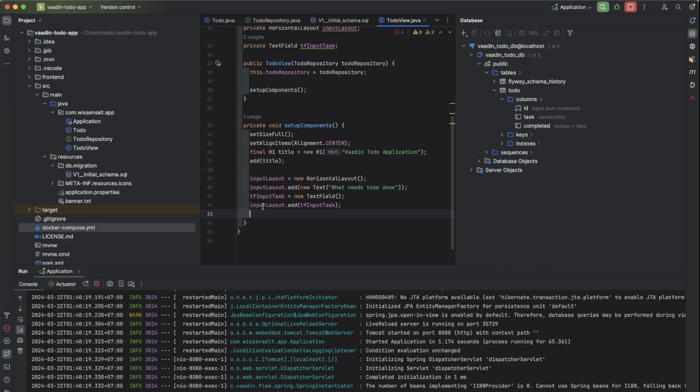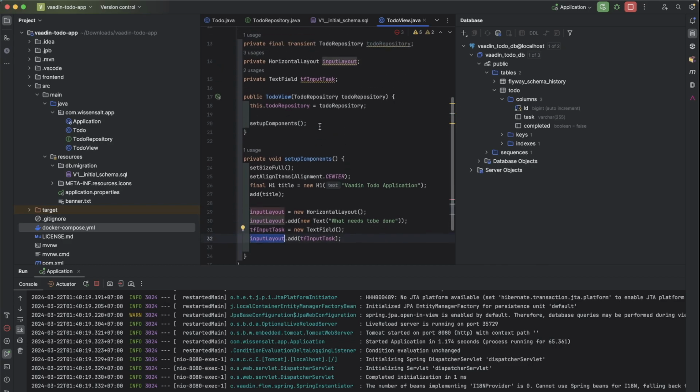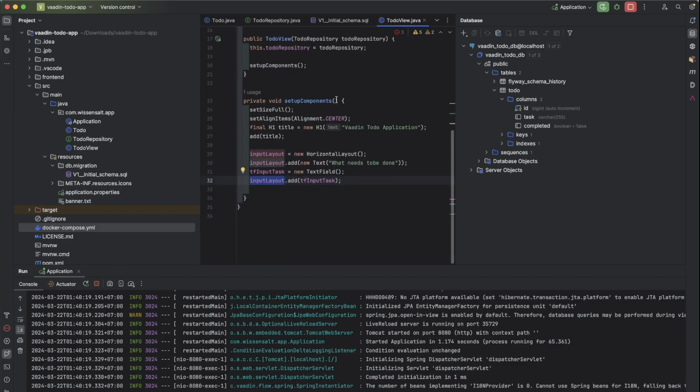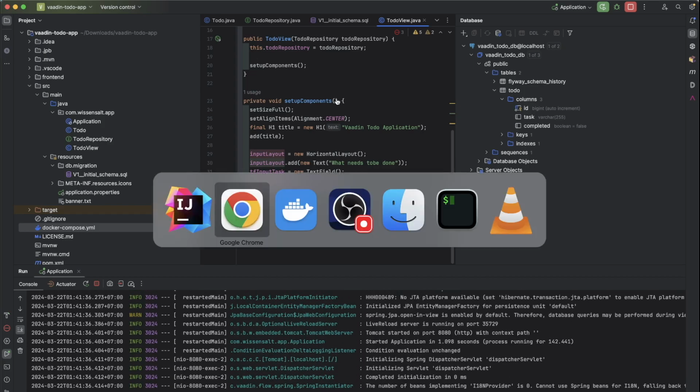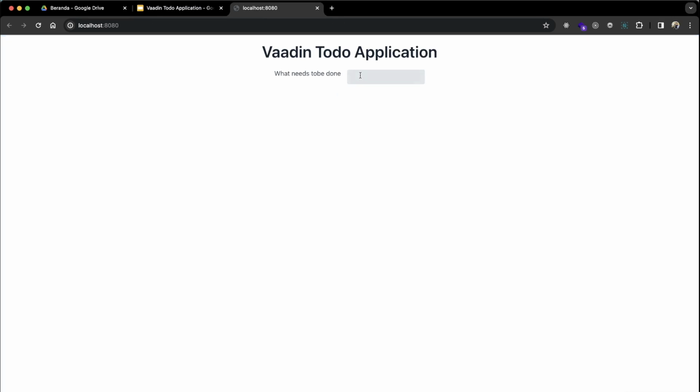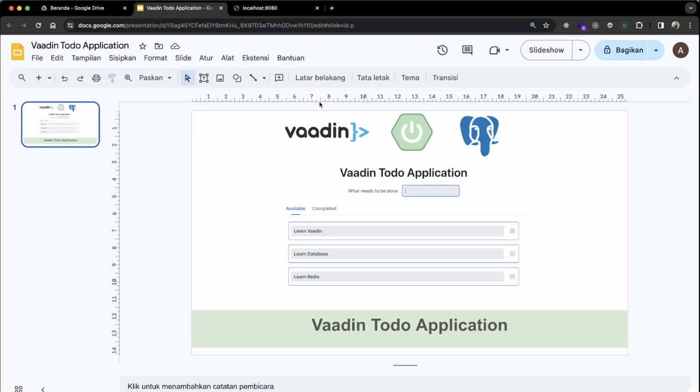And finally, we can put input layout into the main layout, which is to do view. Add input layout. Let's see again the result. Yes, now we have what needs to be done. All right. The next is